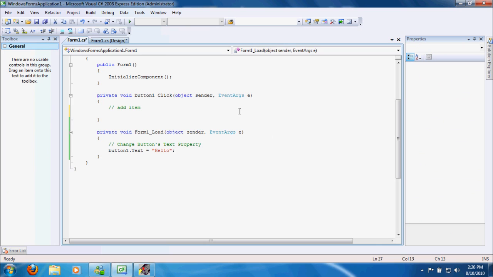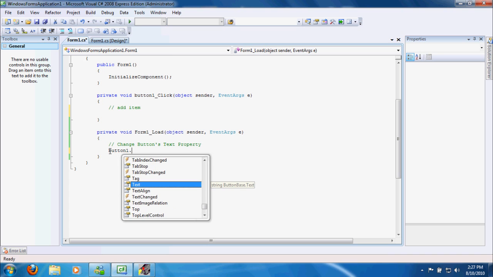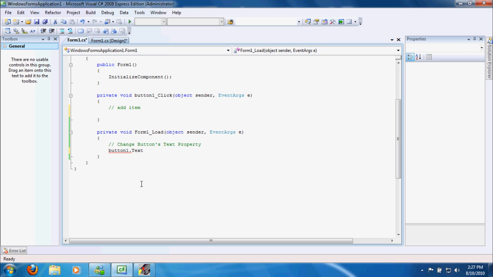Double click the form and that takes us to code view. I already have some code here as an example, but I'll go ahead and rewrite it so you can see the advantages of IntelliSense. So let's access our button 1 control, button 1. Now click the dot key. You'll notice IntelliSense brings up a list of properties, identified by these icons. Okay, so let's double click the text property because that's what we want to change, and we're going to set it equal to